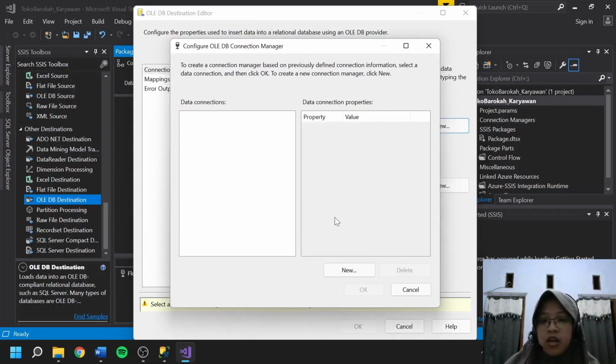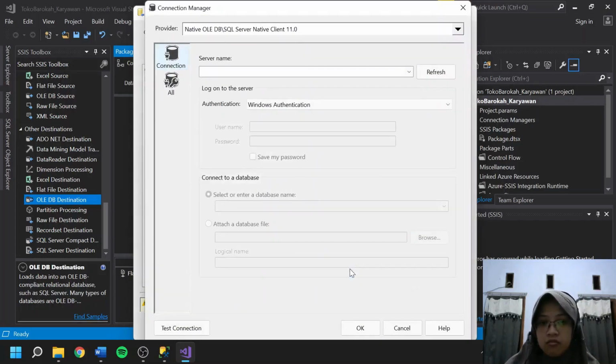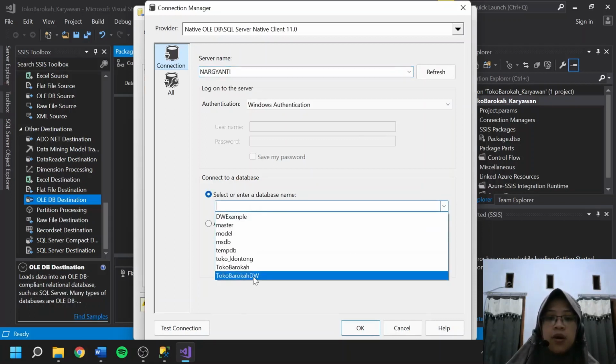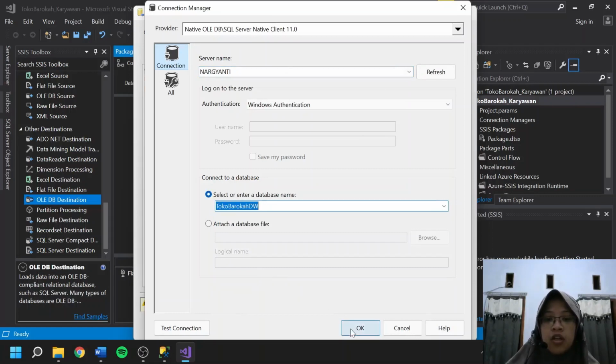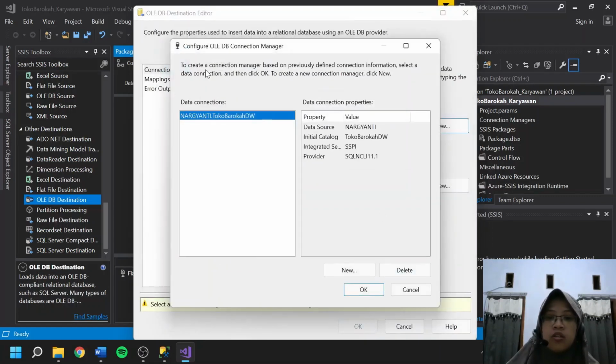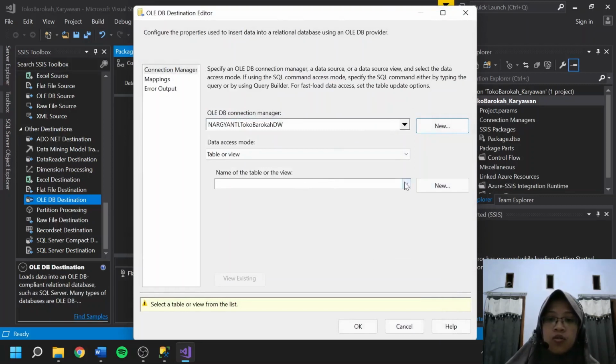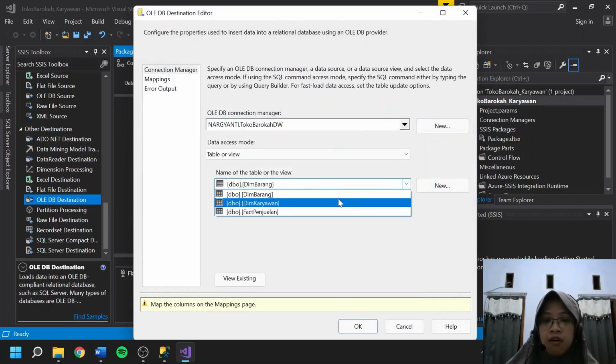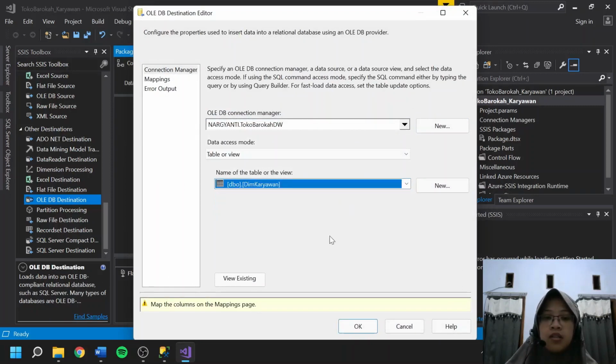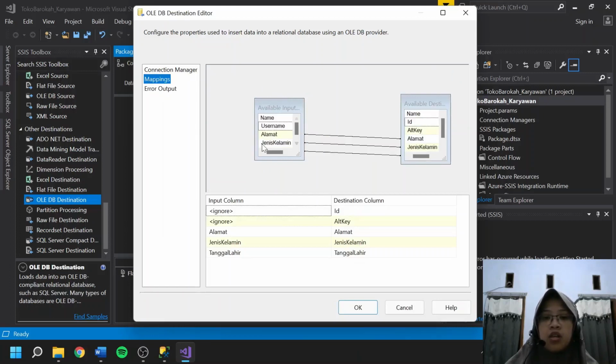I will delete this, and then click new, and then type the server name like this, Narkiati, and then select the Barokah data warehouse, and then click OK, and then click OK. So we have to choose dim karyawan because we will import to dim karyawan, and then we can check the mapping. If the data is the same, we can ignore this, and then click OK.